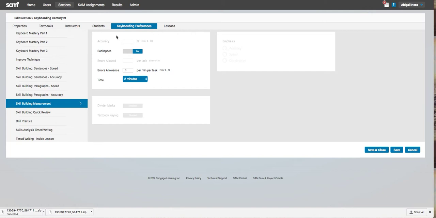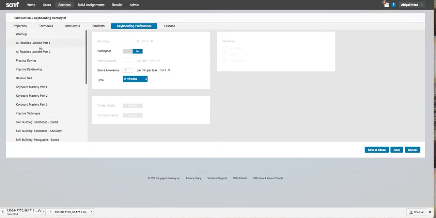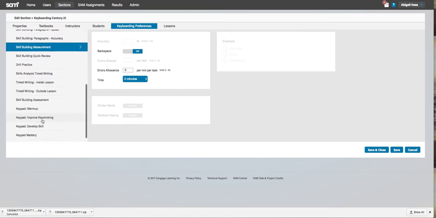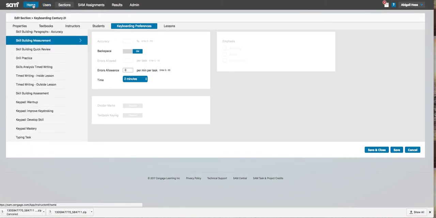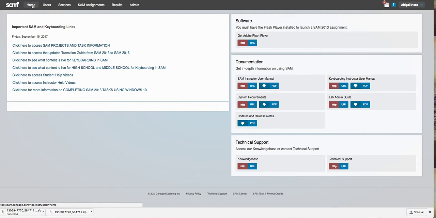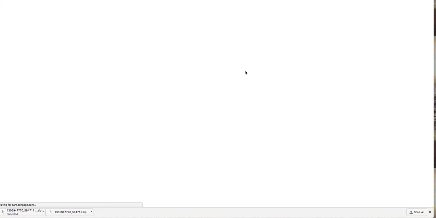Your second question, do we have screenshots or detailed information on what types of assessments can be gathered? So yes, we have all of the different keying types here. The easiest place to do this, in the home screen in SAM, there's a lot of resources for teachers and students. I'm in an instructor account right now, so I'm going to see the teacher manuals as well. But you'll see here on the right, there are user manuals, and I want to look at the keyboarding one specifically. So if I open up this manual,